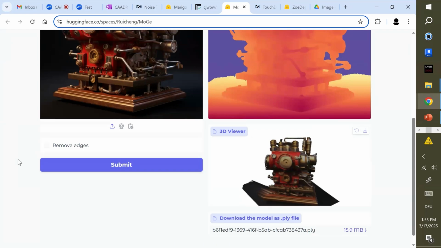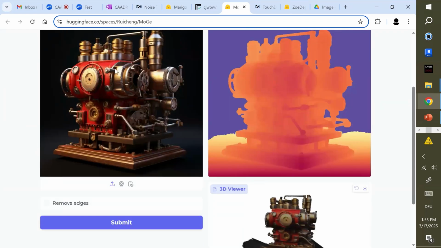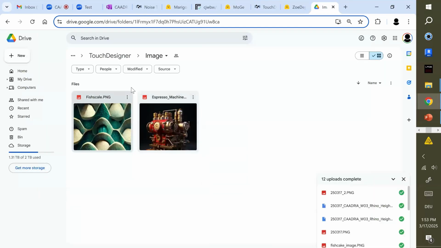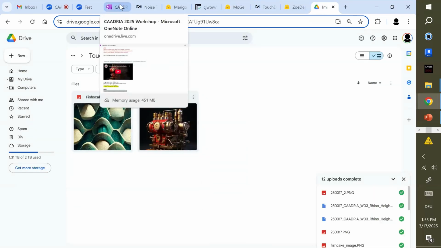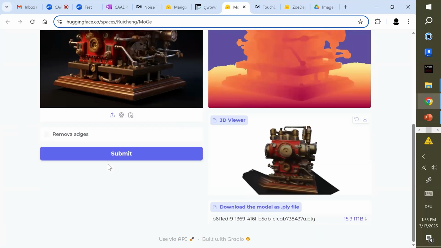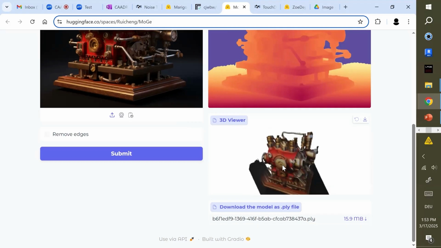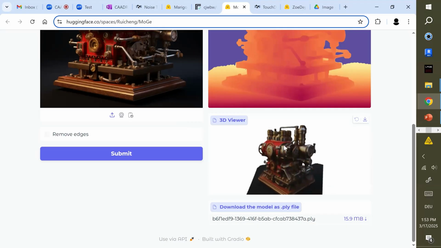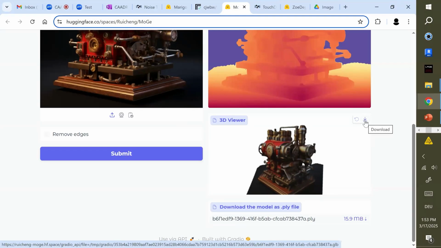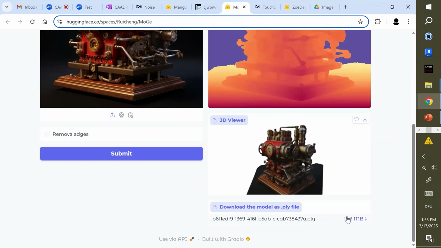You can do this with your own image, or you can also use those images here to go through. And this one is just a 3D preview. If you want to download this, you can either download from here, and then it will be in GLB format, or if you download from here, it will be a PLY file.